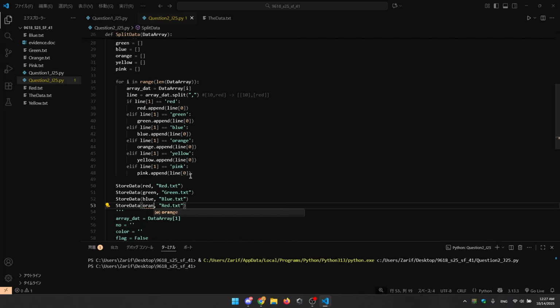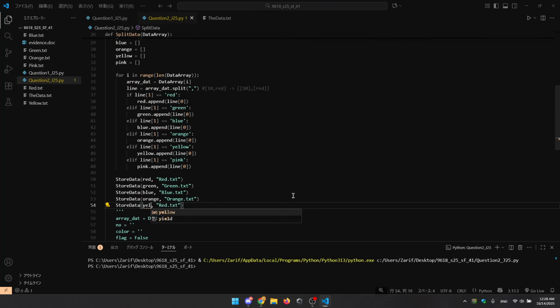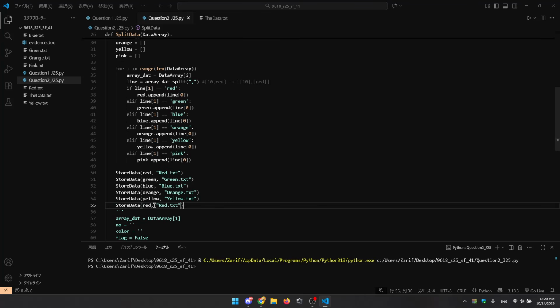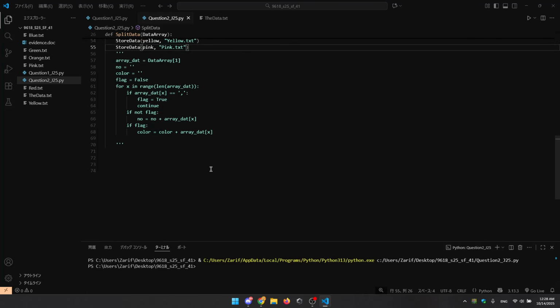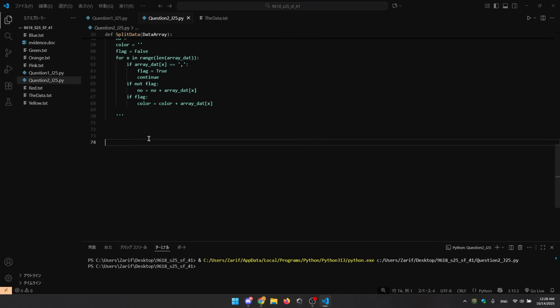After blue we have orange, so orange. Then we've got yellow, so we do yellow. And then finally, pink. Okay, since it's already being called inside split data, the only thing we need to do now is